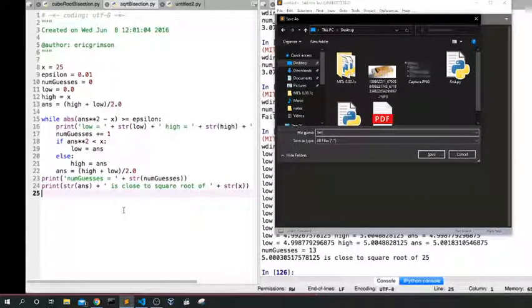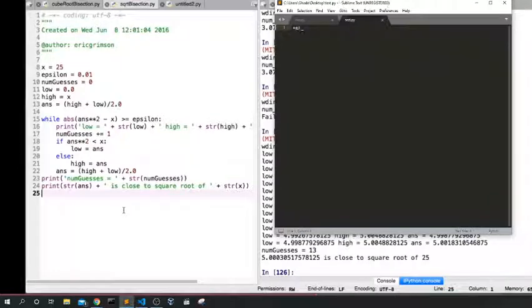Test, please. We're going to say x equals 2, print.